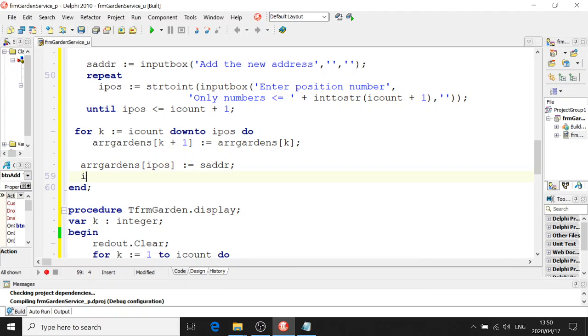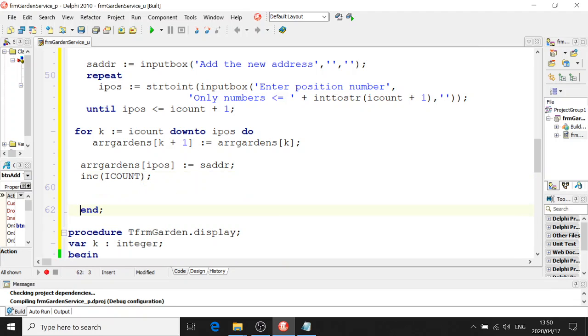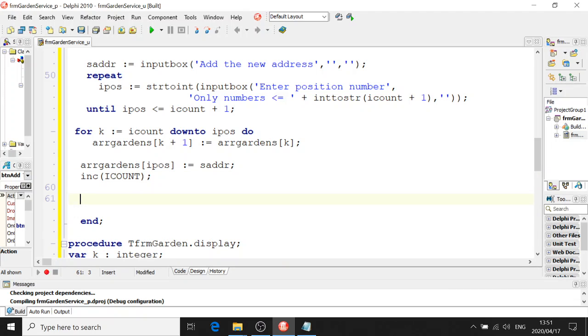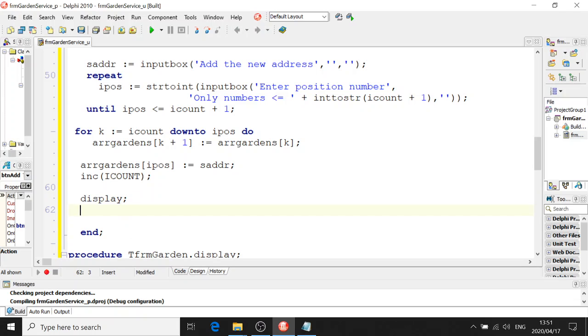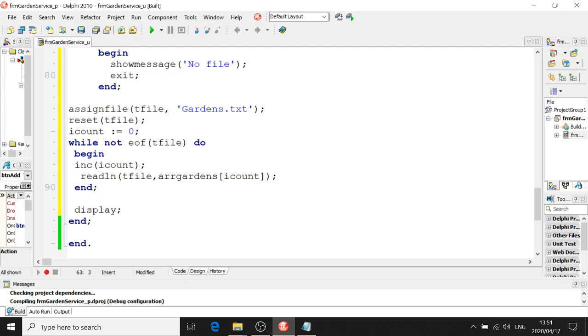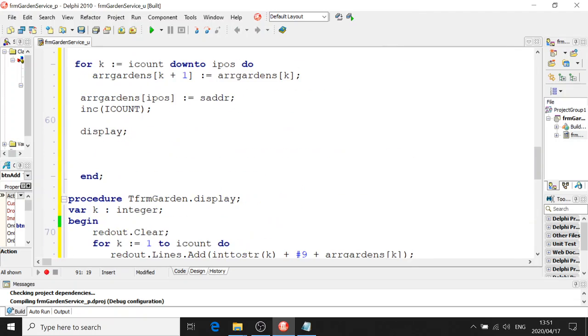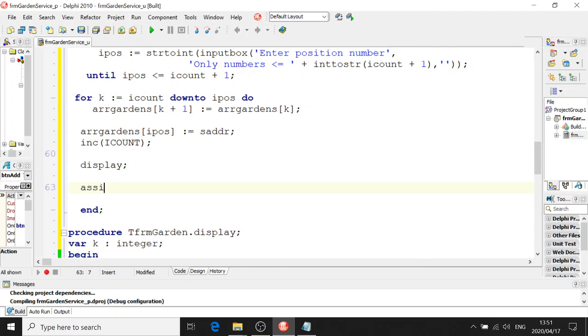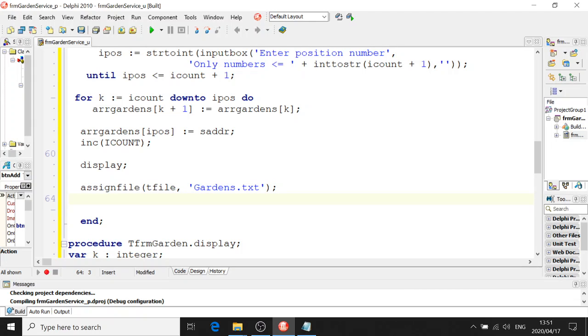But we also have to go and increment our count. We also have to call procedure display. And we also have to go and write to the text file. As long as I've closed the file over here after reading from this text file, T file, we can go and use it again, but only if you've closed it. We can use it over here: assign file, T file, and gardens. Yes, you've got to put another assign file statement in, and then we're going to replace the text file that's there, rewrite